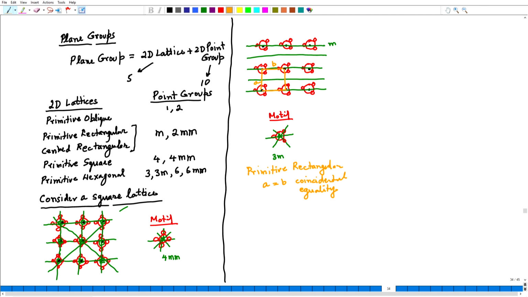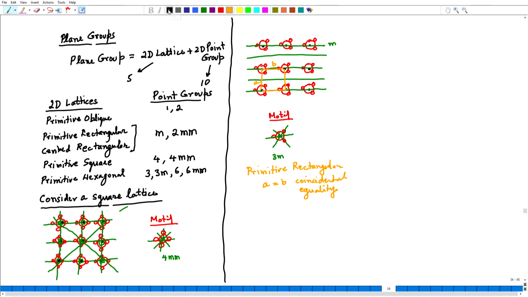So, I hope this makes it clear why certain point groups have to be attached with certain unit cells or certain lattices. With this in mind, now we start looking at how to develop the plane groups, but before we can do that, we have to look at how point symmetries combine with translation symmetry, because once you put it in the lattice, lattice translations would be involved. We will be talking about the combination of translations with point symmetries.